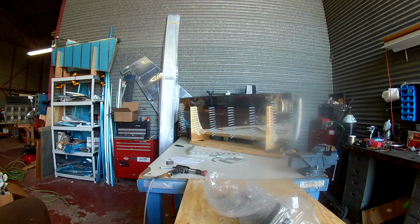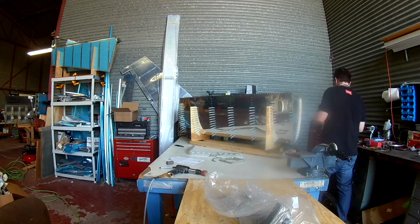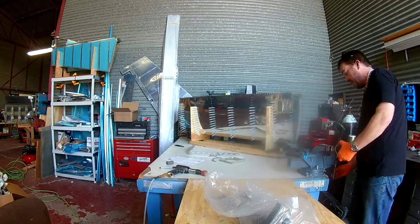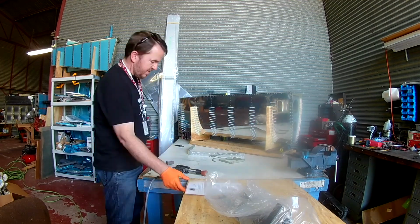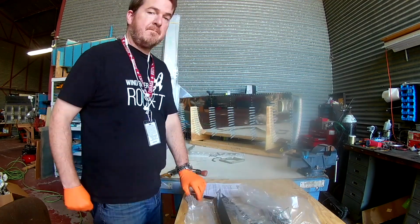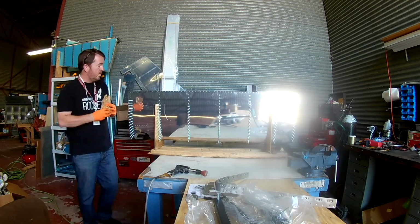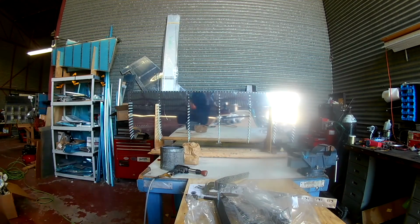Hi everybody. So, continuing to work on the leading edge of the left wing. At this point, everything is ready to rivet up, thank God. Everything's clecoed in. As you can see, I got all the clecos in place. The skin is very tight, and like I had said before, unlike the tank, you have no baffles, so all you have is ribs,